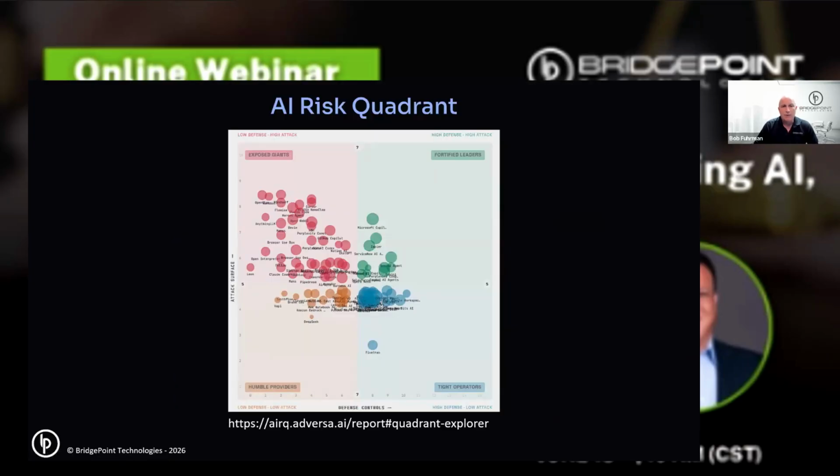This is an AI risk quadrant. There's a company out there, Adversa, that took 15, 11, I forget how many components, and analyzed them similar to a Gartner quadrant on software or services, where you usually want to land in the top right, and you'd spin that into marketing, showing how great your product is. The thing I want to point out is everything's kind of left and down. These are various popular AI agents that have been evaluated by a third party that focuses on AI and privacy and everything else, and keeping those guardrails, validating them.